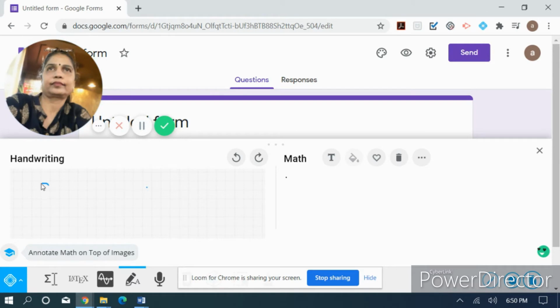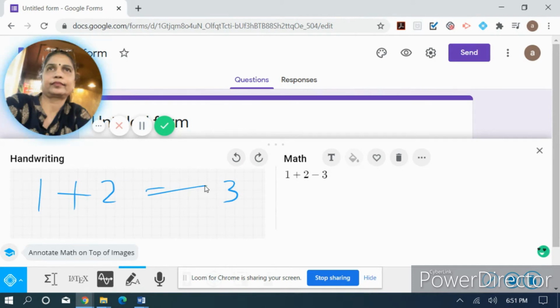Let me try over here. A plus. It is not taking. I'll try again because it's coming out as something else. So now you can say 1 plus 2 equals 3.